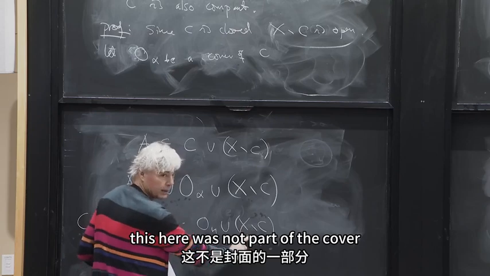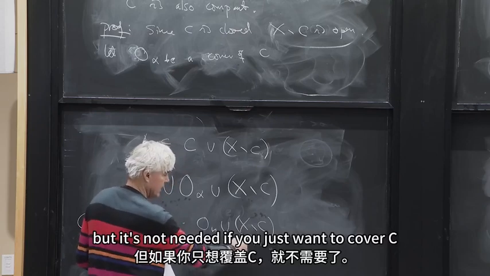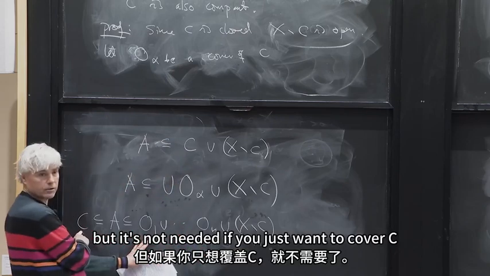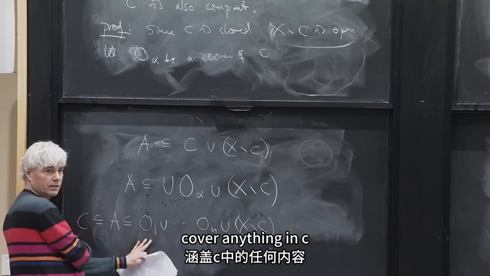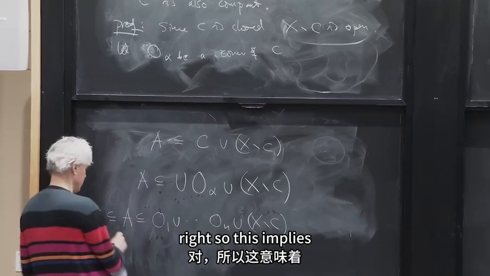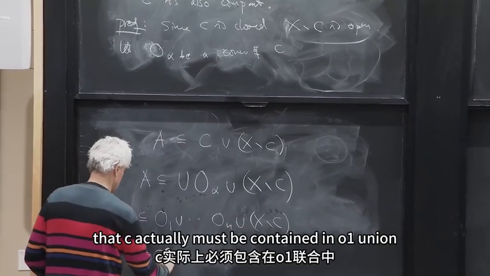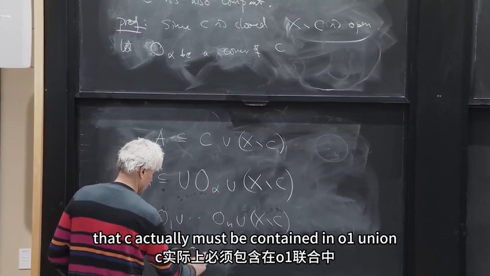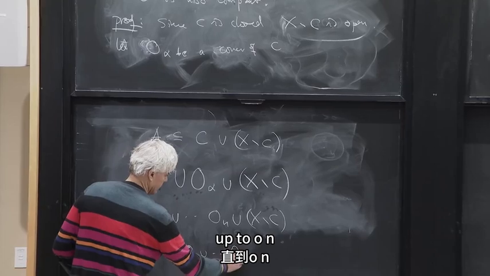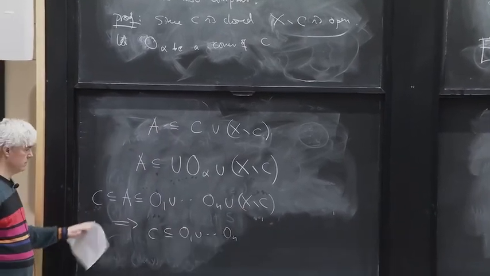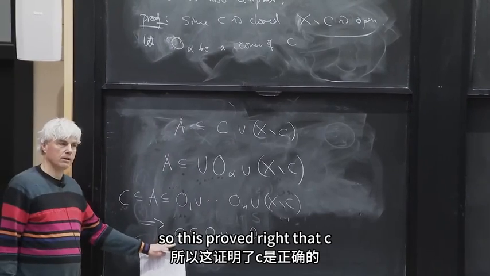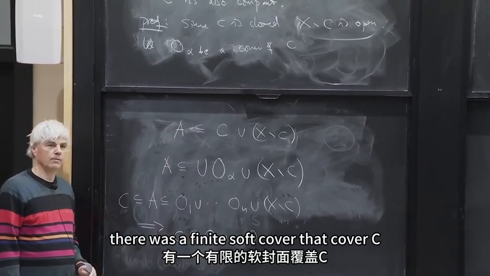This here was not part of the cover, but it's not needed if you just want to cover C, because none of these elements cover anything in C, right? So this implies that C actually must be contained in O1 union up to ON, because this here does not cover anything in C. So this proved, right, that C has a finite subcover that covered